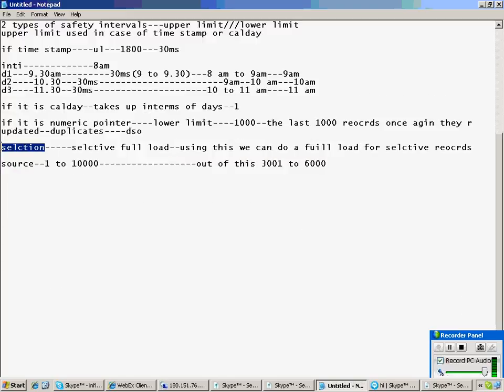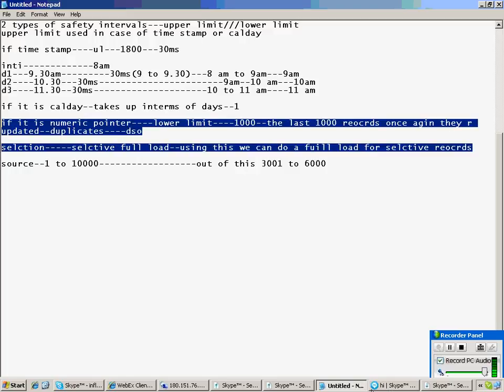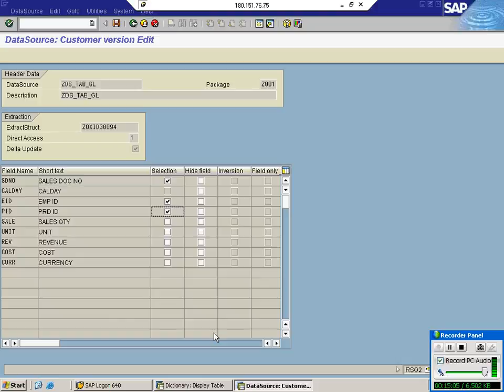If I go for any selection, we can go for selective full load using that particular column. Getting it clear? The same selections and hides you are going to get as part of our other extractors.